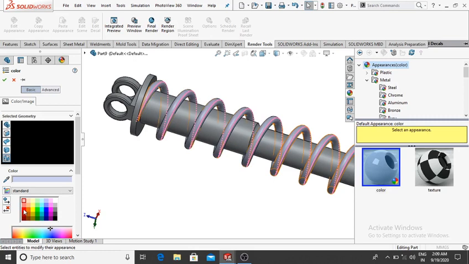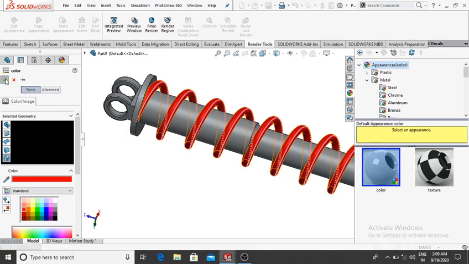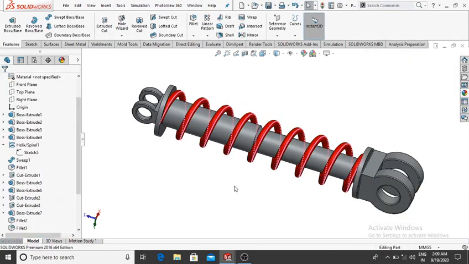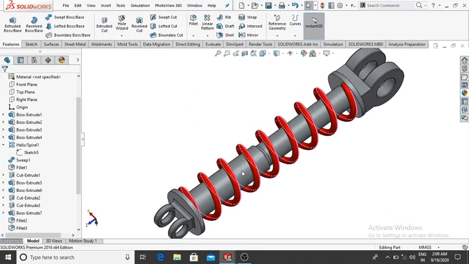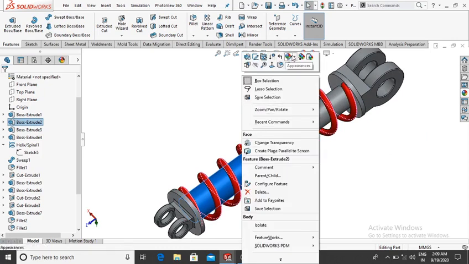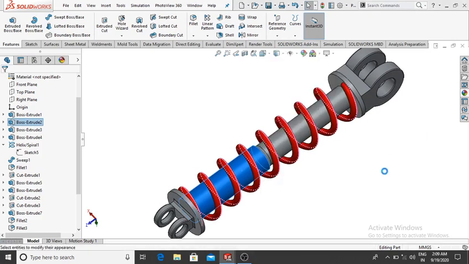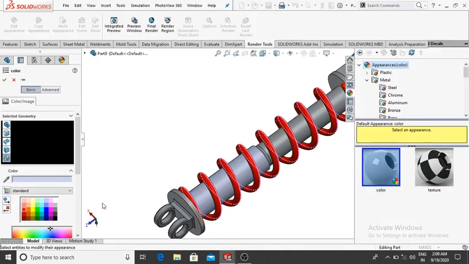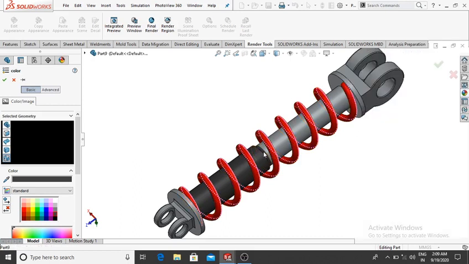So select this color, then OK. And now select this boss extrude and make little black, then OK.